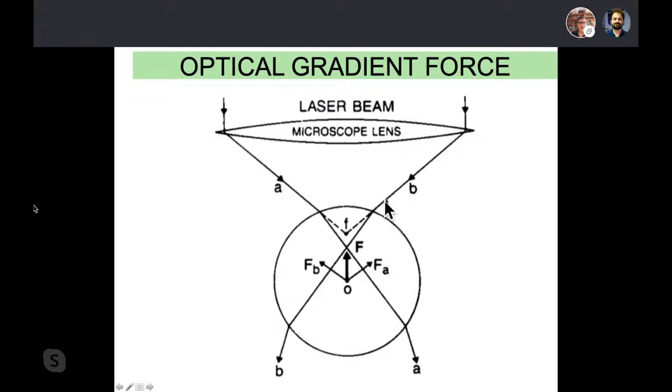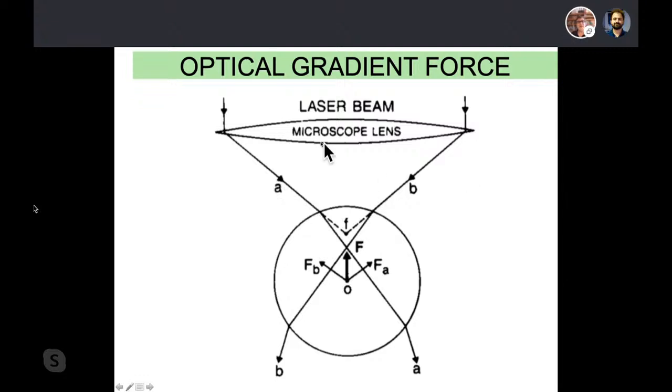But if you have a higher index of refraction, the fact that you have high angle deflected incoming rays on the surface of this bead means that you can have a strong angle deflection as given by Snell's law, and therefore a strong change in linear momentum, which is capable of exerting a restoring force. This force that you see here is a contribution of these two rays, which is higher than the scattering component, which is usually much higher when you have low angle incoming rays.